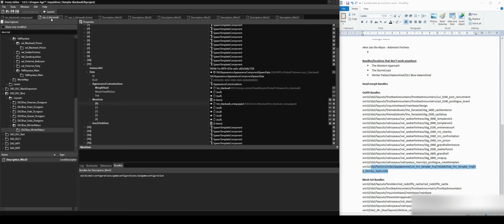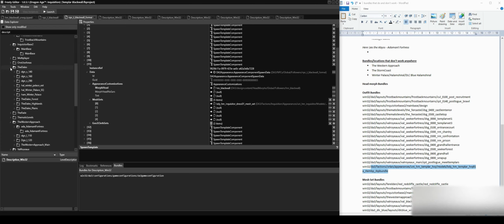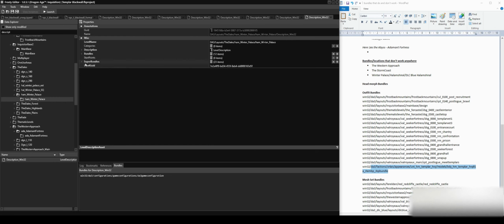Now, we want to edit it to Ser Barris, so we need to change the head morph in both, which means we also need to edit another description. So we go to the Dales and Halam Shiral, which is Ham Winter Palace. Open,